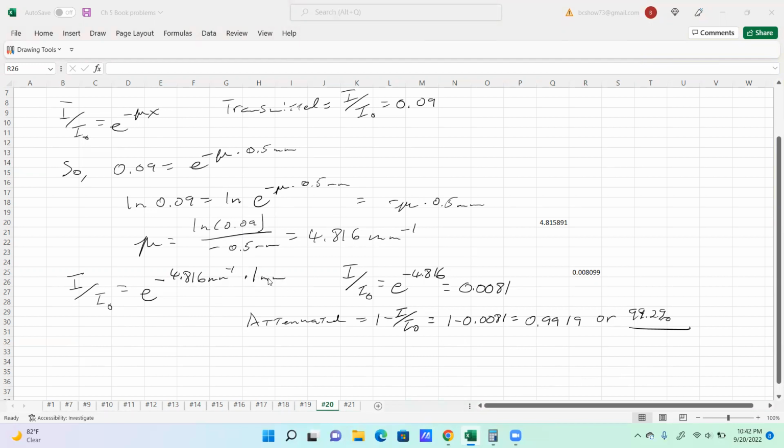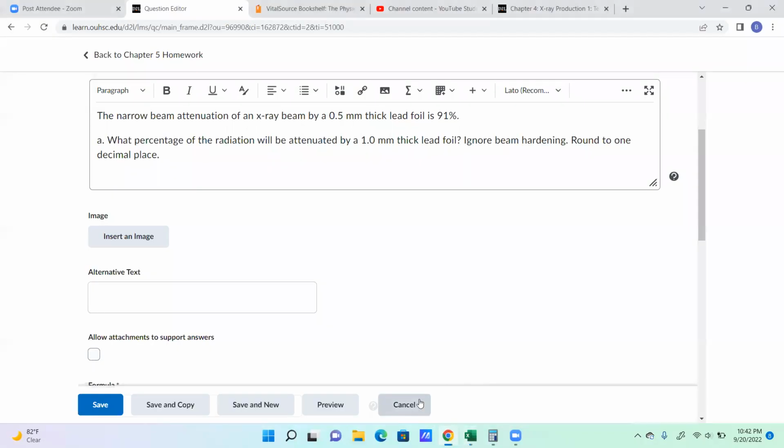So the amount here that is transmitted is going to be this. And up here, we have that going through 1 millimeter. So the amount transmitted is going to be 0.0081. The amount that is attenuated is going to be 1 minus that. And we come up with 0.9919 or 99.2%. For 22,